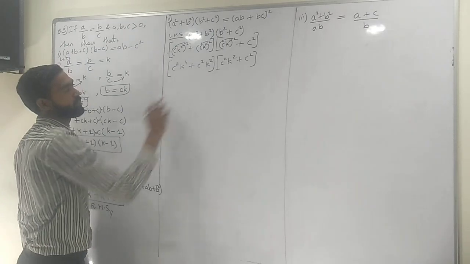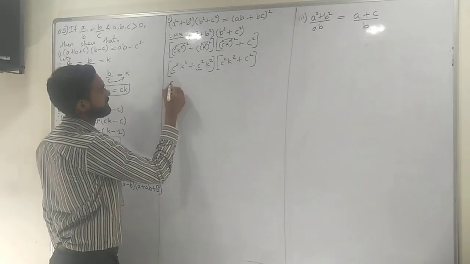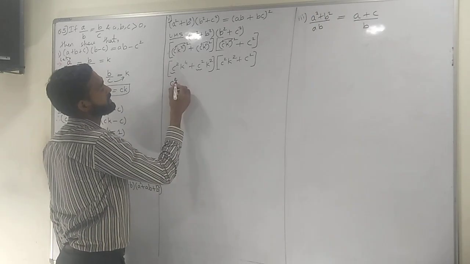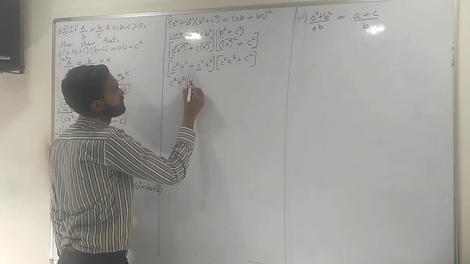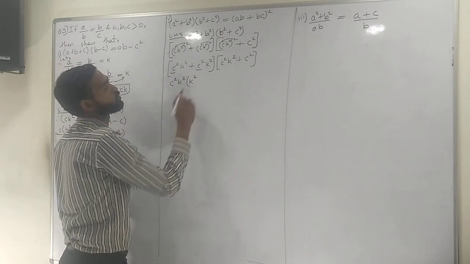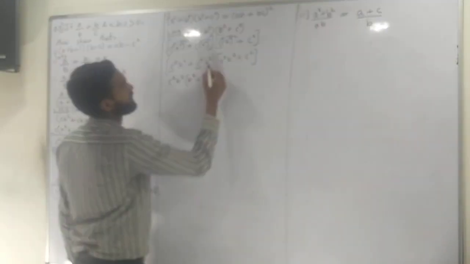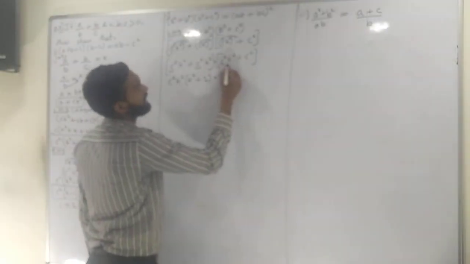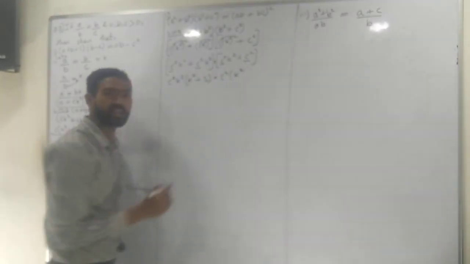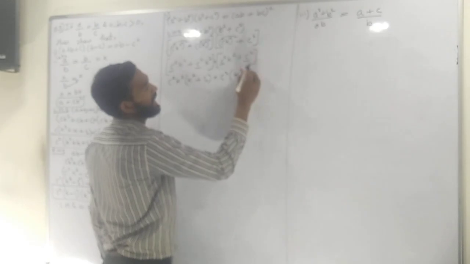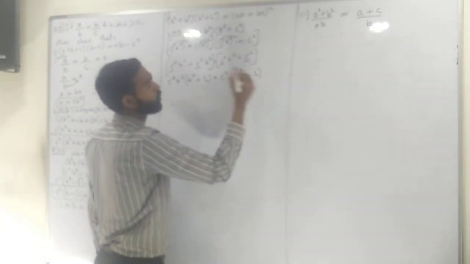Can we take something common here? Yes. C square I can take common. One more thing, yes, K square will also be common. So I'll get K raised to 2, plus here we are left with nothing, meaning 1. Same thing, they are multiplying. Again, what can I take common? C square will be my common. What do I have left here? We have K square, plus I have already taken this C square as common. So we are left with 1.